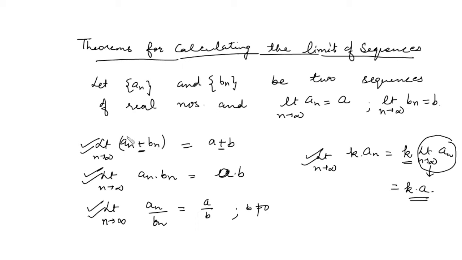So we have two sequences over here. Both these sequences are sequences of real numbers, and let's suppose both are convergent, converging to the real numbers a and b. Then their sum is converging to the sum, the difference is converging to the difference, the product is converging to the product, the division is converging to the division, provided the denominator is non-zero for each n and b. And also if there is some constant, you can take that constant outside, so that will be converging to k times a. So these are the rules for calculating the limit of a sequence.